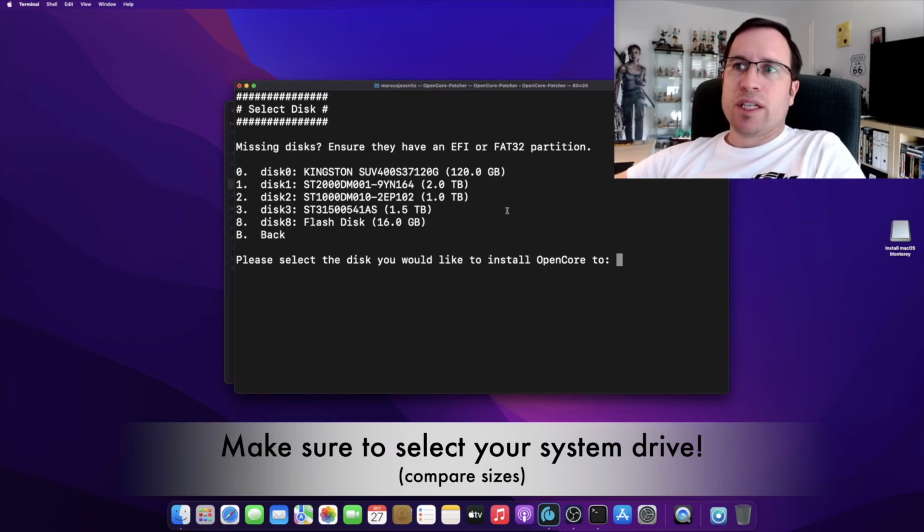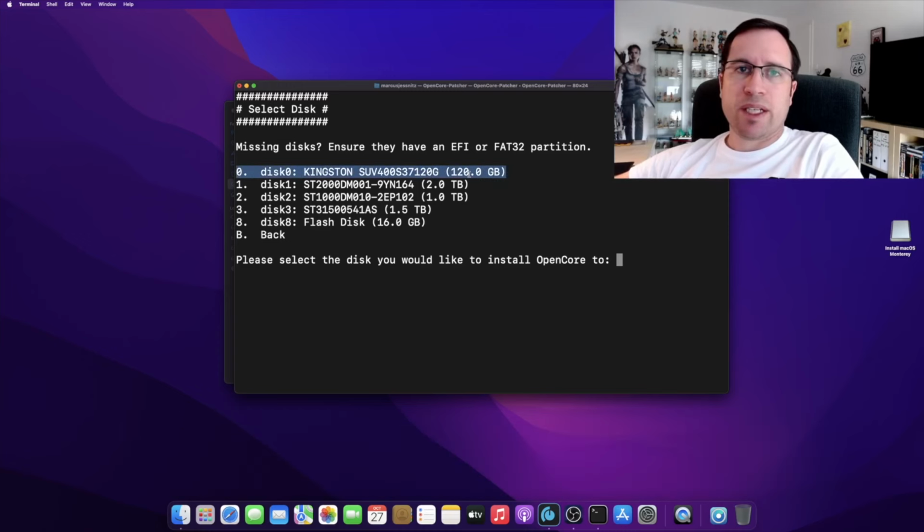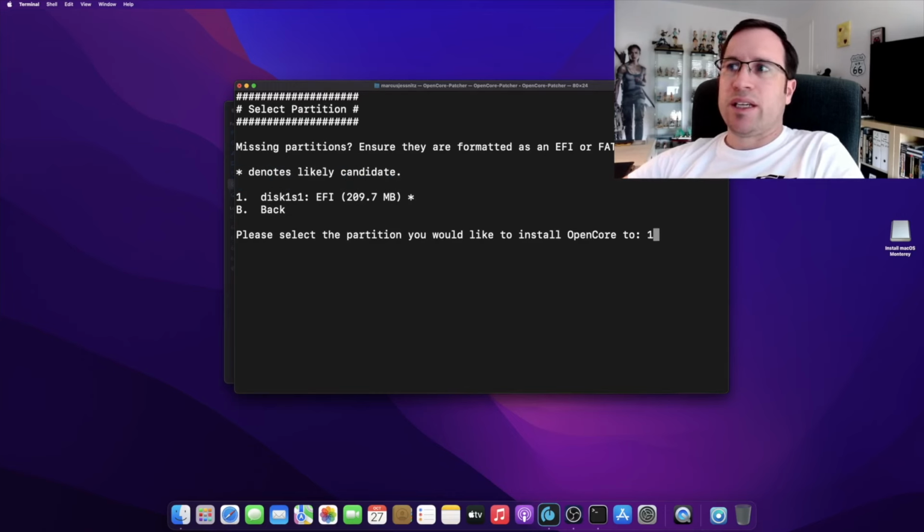And now we would not choose the flash disk, in my case disk 8, but disk 0, which is here the 120 GB SSD drive. So we say 1, and then we say again 1 for the EFI drive, and it would install everything on your system drive, do a reboot, and you're good.